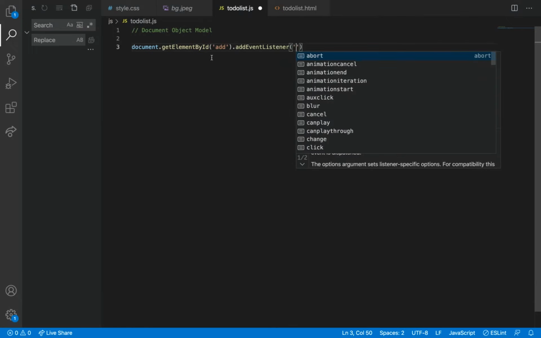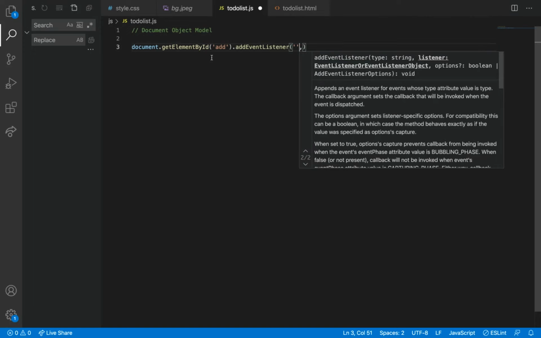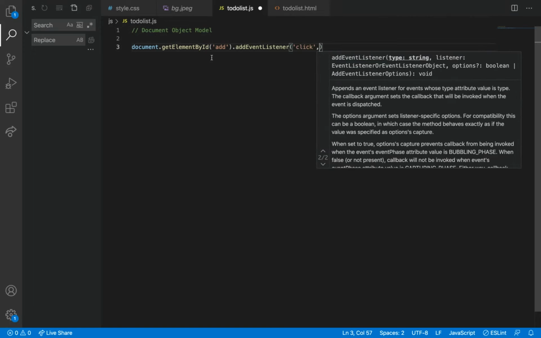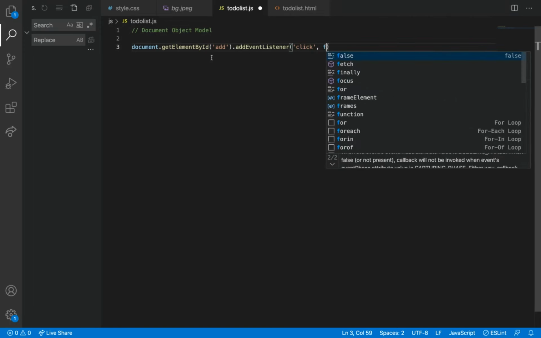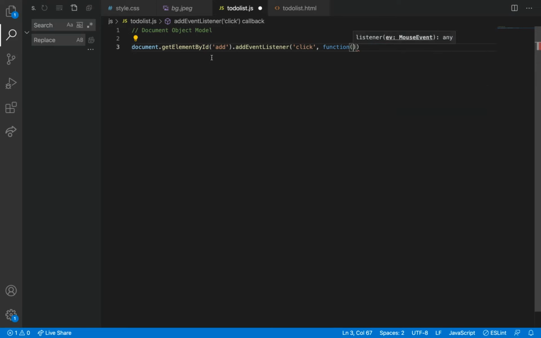This is how we will add listeners to it. Whenever I'm clicking, so the click event I have attached, a function should get called. This is the syntax of addEventListener. So whenever I'm clicking an element, this function should get called.